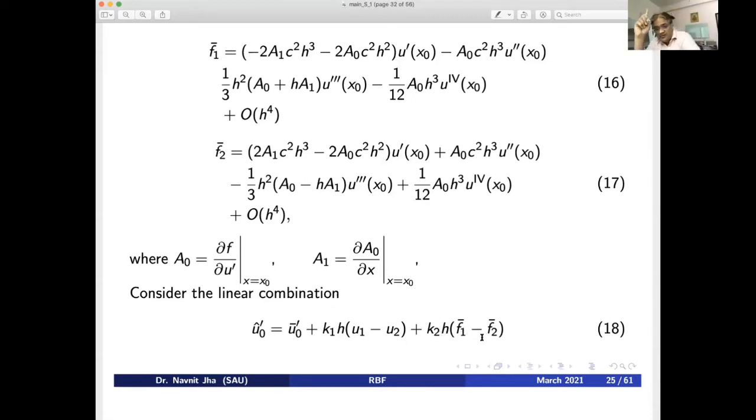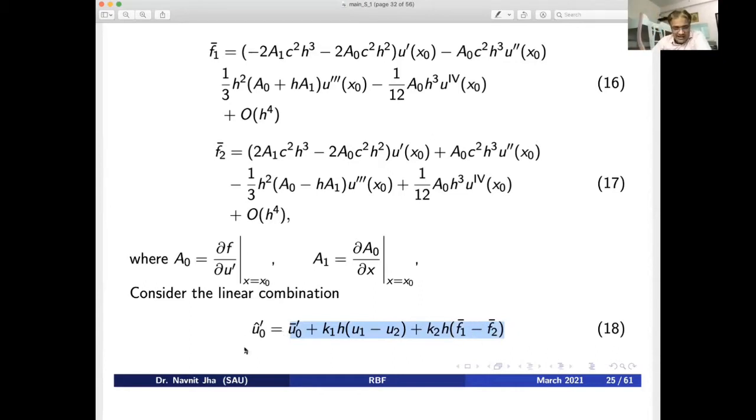You may have a question, why have you taken this minus between u1 and u2, and why minus between f1 and f2? In fact, I am telling you, in order to derive this completely, you have to write here k1 into u1 plus k2 into u2 plus k3 into f1 plus k4 into f2. And then finally, you will get two or three values equal, or one of them equal to the negative of the other. So I have written that concisely in this approximation. So this is basically a linear combination of the available information so far.